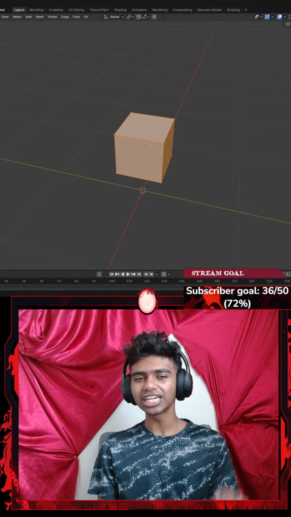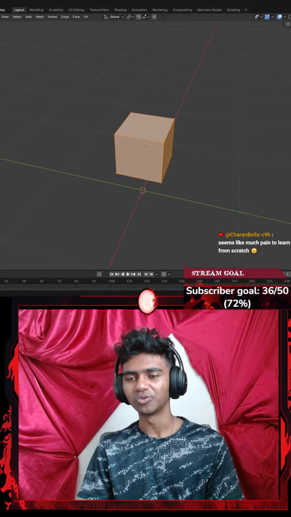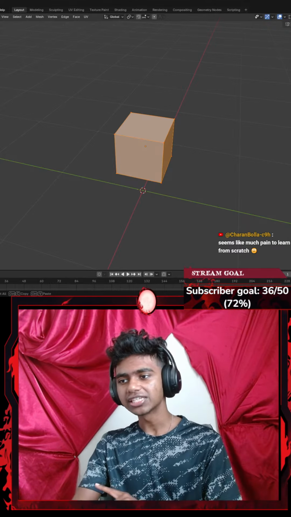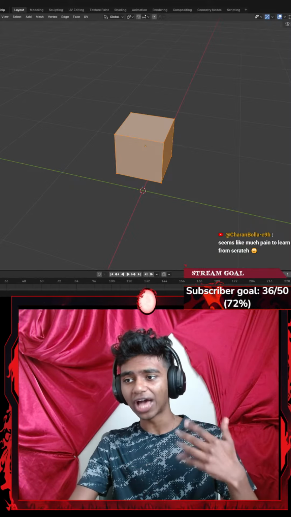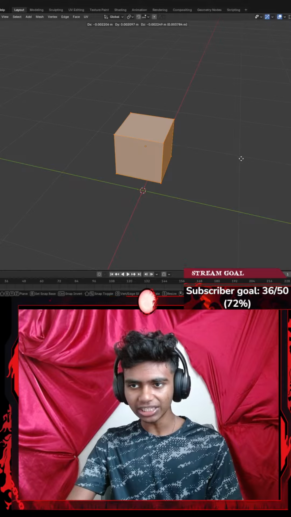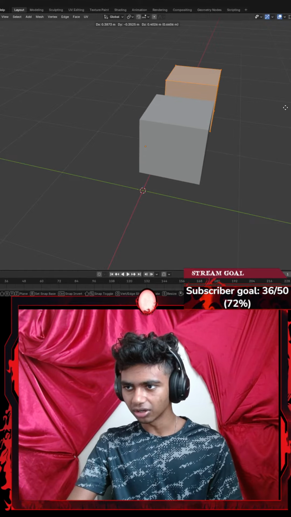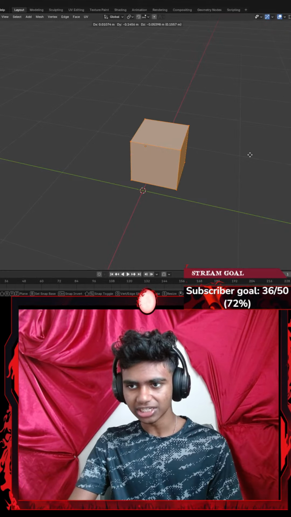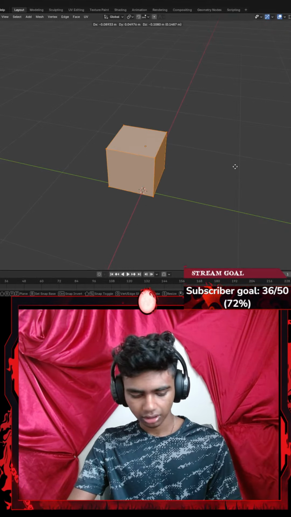It actually does make sense, but I feel like Blender is really good when you want to make stuff. It's hard at the beginning, but eventually it gets easier. Because I think like 2 or 3 years ago when I used to actually be very good at Blender, it used to be really easy to use. But these days I've not used Blender all that much. That's the reason it's a bit hard for me to use.